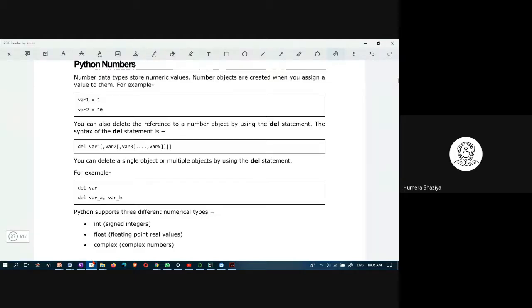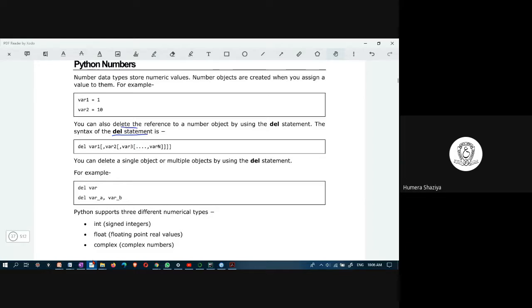How to delete the reference to these variables, to these objects? These are actually the objects, are called as objects in Python. These are the variables. To delete these variables, you can use del statement. Using del, you can delete single or multiple variables at a time.